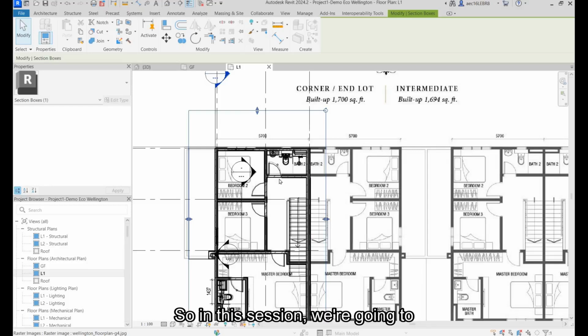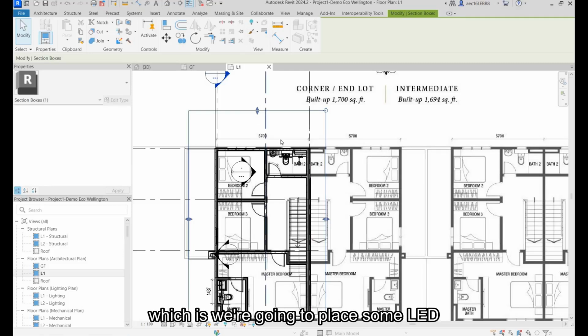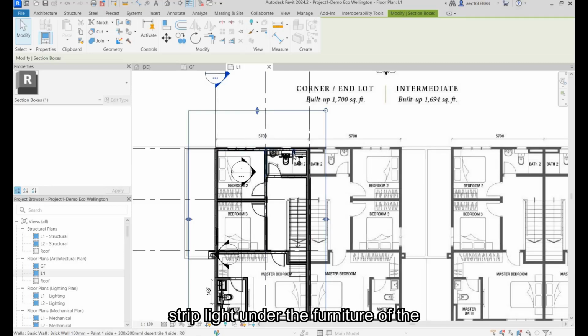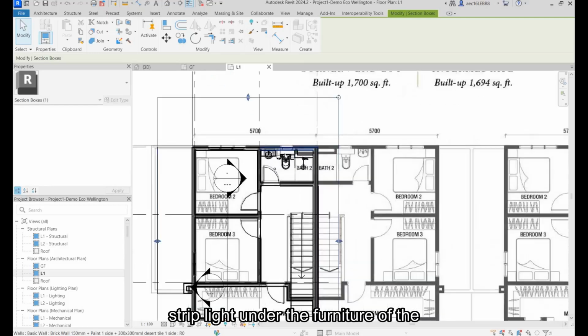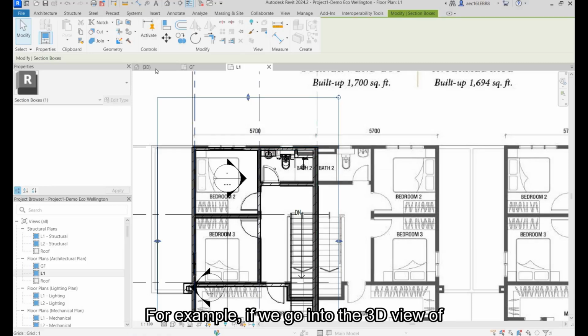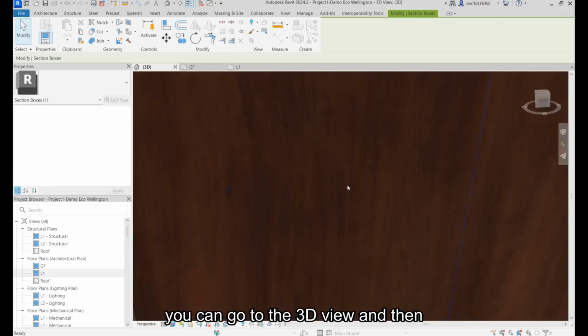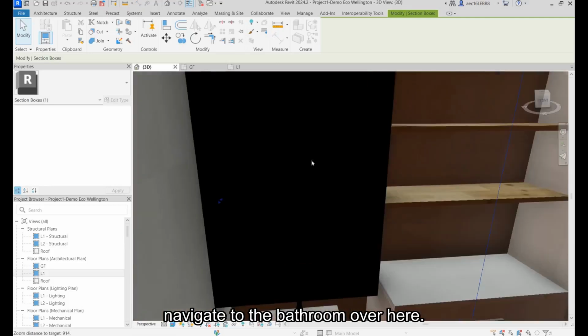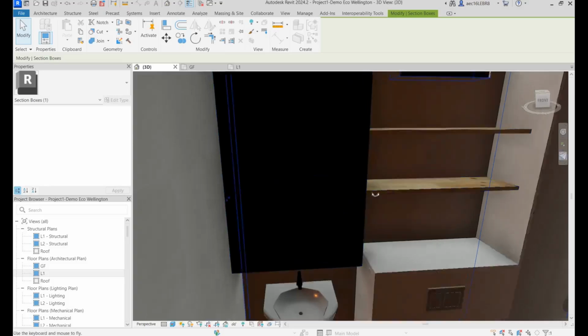In this session, we're going to continue to place our light fittings, which is we're going to place some LED strip light under the furniture of the toilet here. For example, if we go into the 3D view of this bathroom, you can navigate to the bathroom over here.